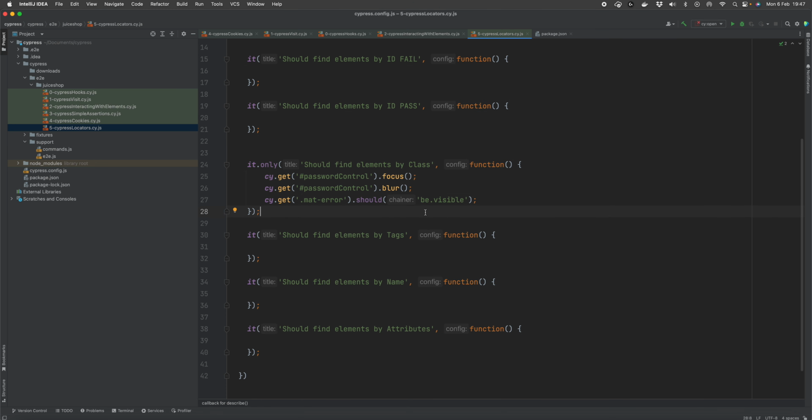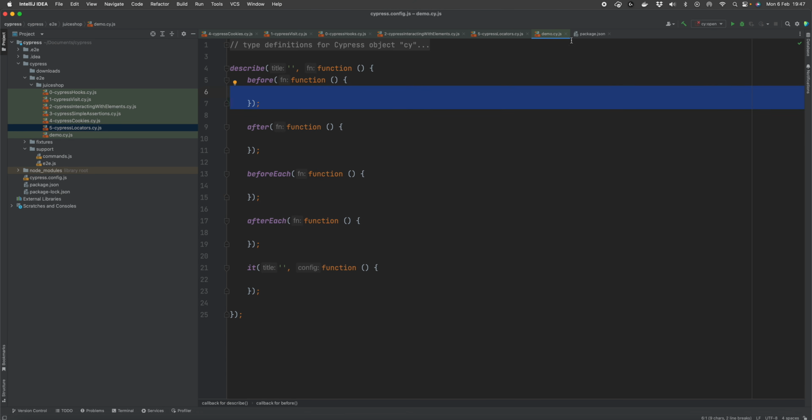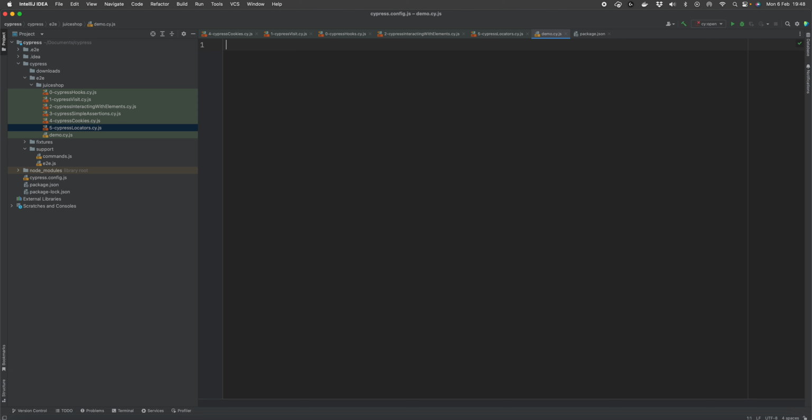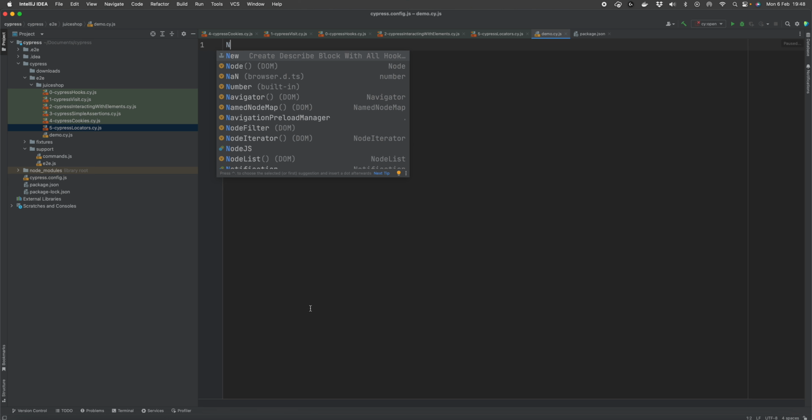I'm going to create a new file just as a quick example. Again, this is another shortcut. This is a live template for a whole file rather than the individual commands. So I can give this a name, and it's got its predefined cy.js file extension, and in this example I've got everything that I need to be able to start writing a test from scratch. But what I've also done is set up shortcuts, so I can do a new file.